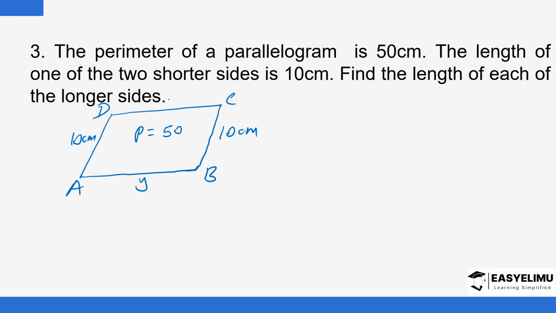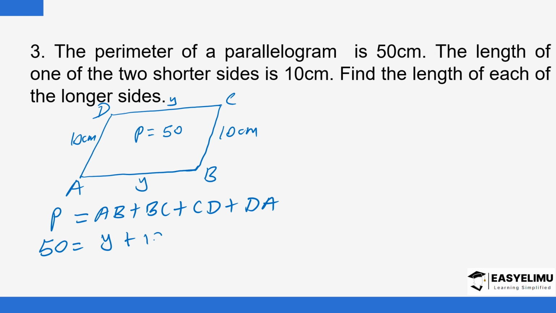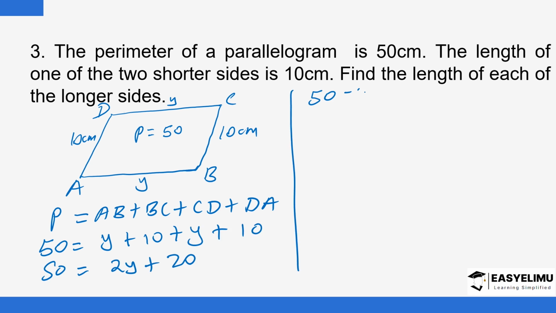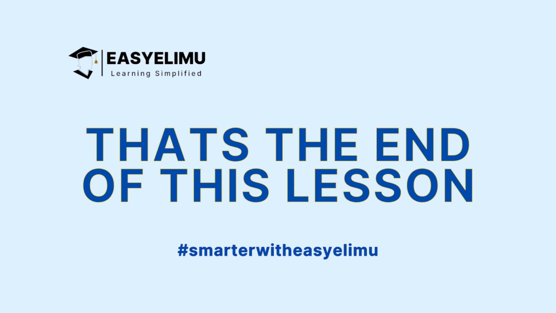We don't know what these other ones are, so maybe I will call it Y, and the other one I will also call Y. What I know is that I can find the perimeter of this figure, which is basically the distance all around this figure. So we have AB added to BC, then CD, and finally we add DA. So the perimeter: AB is Y, CD is